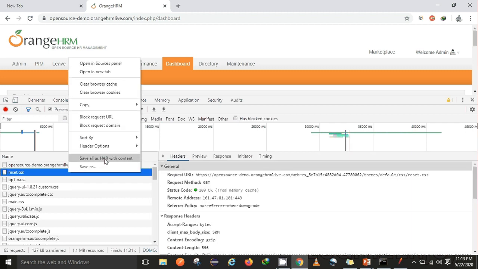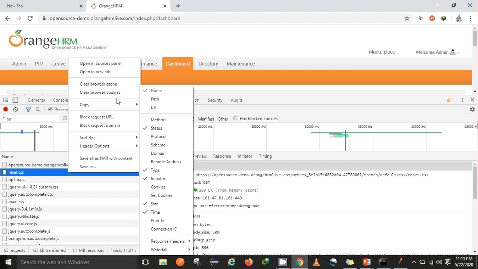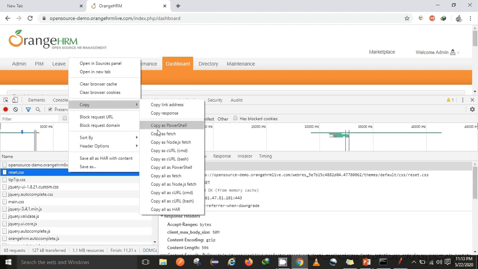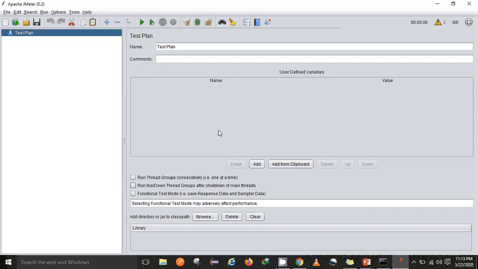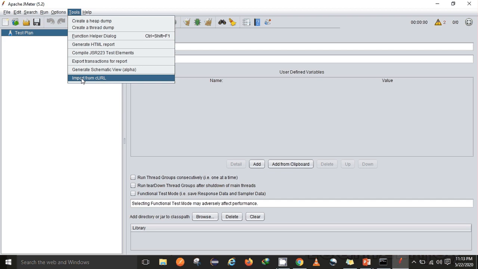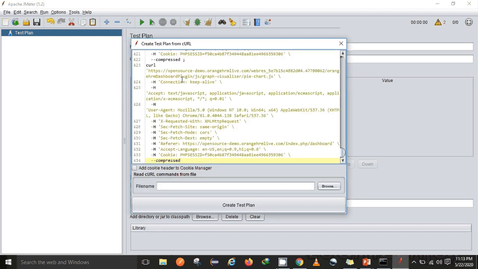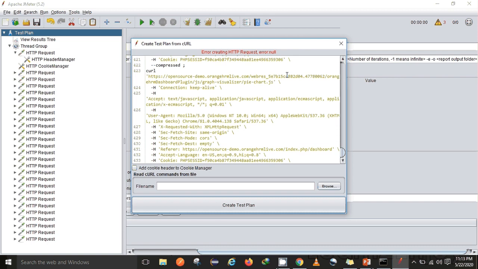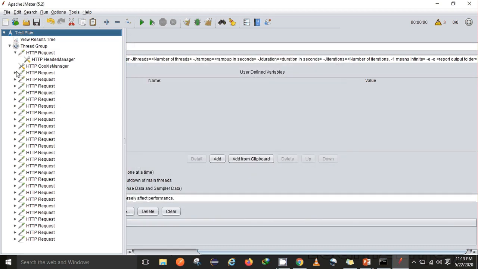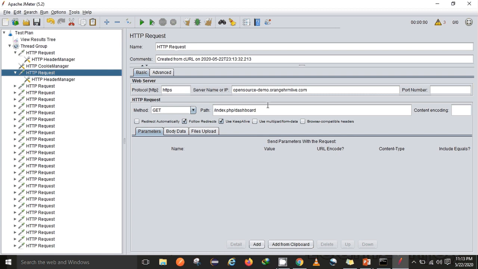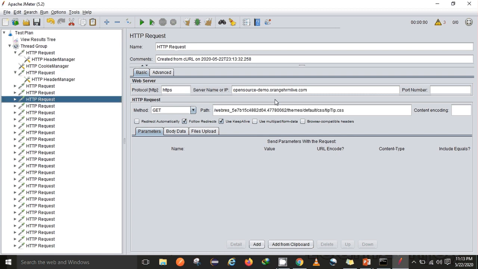If I want to show you how I can design a test with the help of the developer tool, again I'll go to curl. Earlier I was copying a particular request with the help of a curl command, but now I'll copy all as curl. Once I go back to JMeter, I can import those requests with the help of this. So this is how I can design a test. But here you can see there are n number of requests, and even these requests are not fruitful. Here I am making requests to CSS and JS. So in this way I recommend not to use the developer tool.